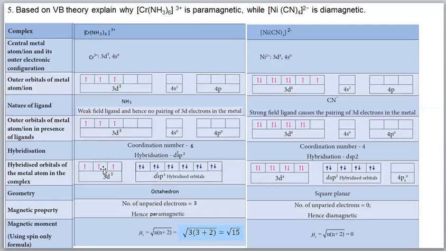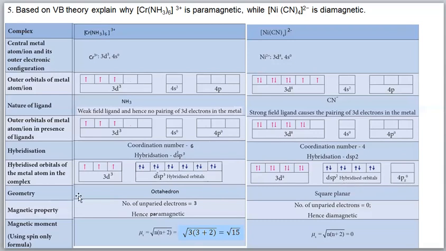Then hybridized orbitals of the metal atom in the complex. So these we can write separately. 3d3. Then the hybridized orbitals. What is the hybridization? d2sp3. So 6 orbitals are involved. All the 6 orbitals we can write together. Okay. All orbitals contain 2 electrons each. They come from the ligand. Okay. Then for this case, you see here only 1 empty orbital. This is combined with this one. So first we can write 3d8. Then the hybridized orbitals dsp2, 1, 2, 3, 4. These 4 orbitals we can write together. Then the 4p set of orbitals we can write separately. That is 0, no electron. Okay. So like this we will get.